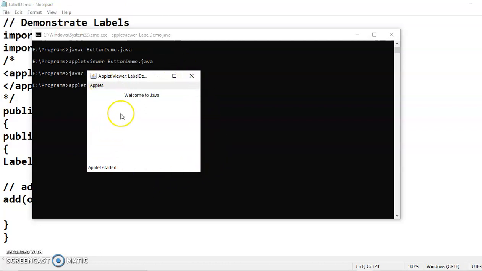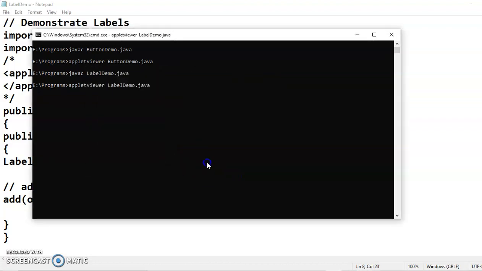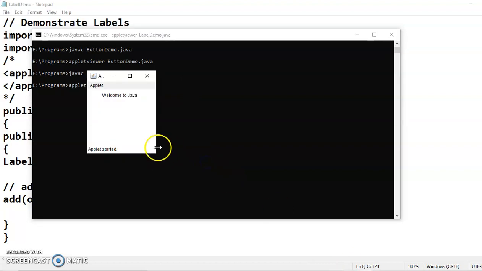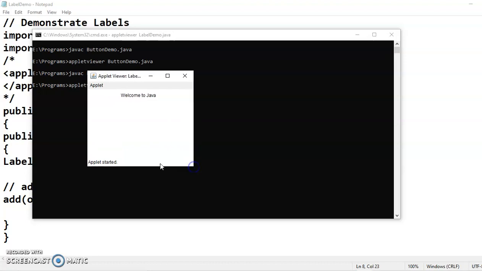So this is the applet. Width and height specified by us in pixels, 200 by 300 or 300 by 200. And it contains a label in the center which says welcome to Java. This applet has a title bar. There is a minimize and maximize. You can stretch from the corners and increase the size. You can decrease the size by stretching it. And at the bottom, the applet has a status bar which says whether the applet is running or not running. As it shows applet started, it means the applet is running.